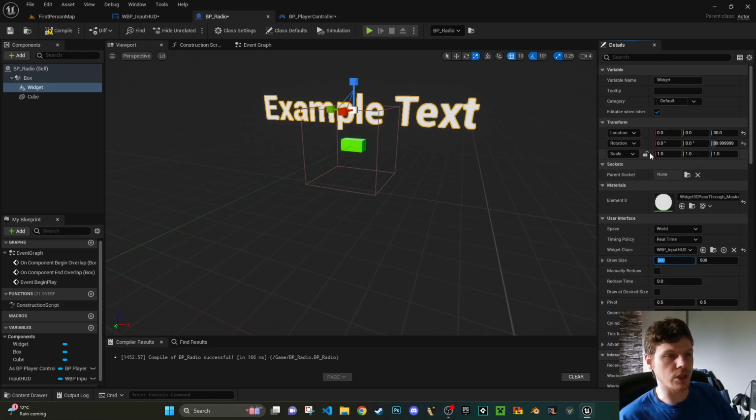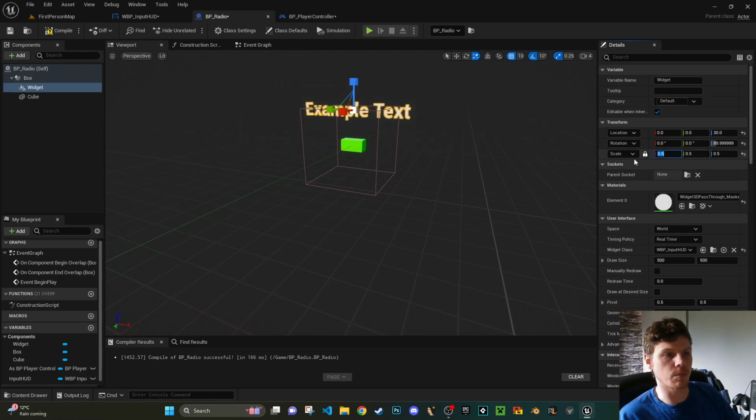But what we can do is change the scale. So we can knock that down to 0.5, so it's not as big, or to 0.25, for example. Let's just move this back down a little bit and hit compile. Now,